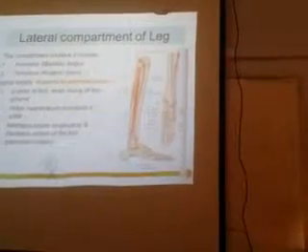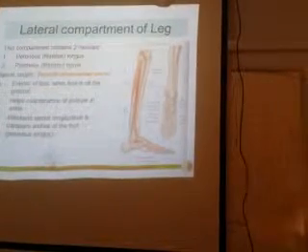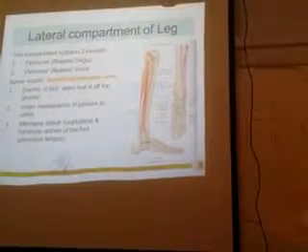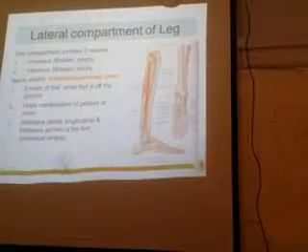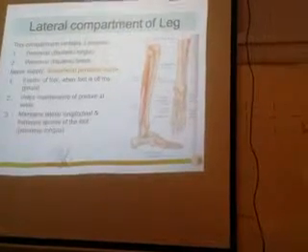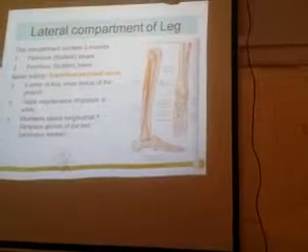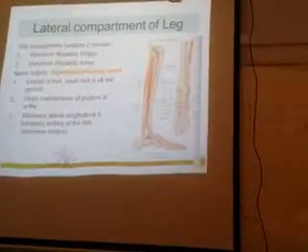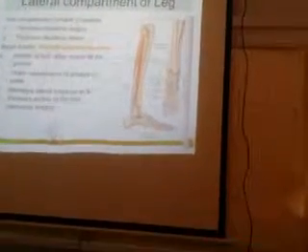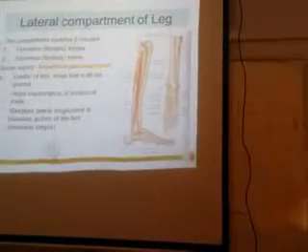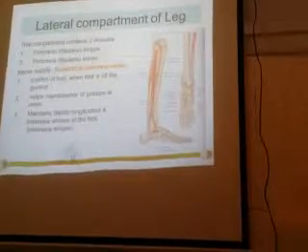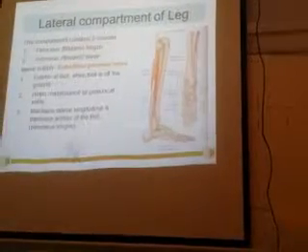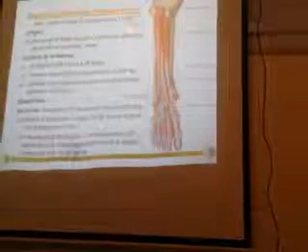As I said, because it is on the lateral side, they help in the eversion of the foot. Along with the peroneus tertius, peroneus longus and brevis help in the eversion. Inversion is by tibialis anterior and posterior. All other muscles are either plantar flexors or dorsiflexors. So these are mainly the everters of the foot. They also help in the posture at the ankle joint, and in the maintenance of the lateral longitudinal arch. The arch on the lateral side is maintained by these muscles. Okay, so this is about the muscles.